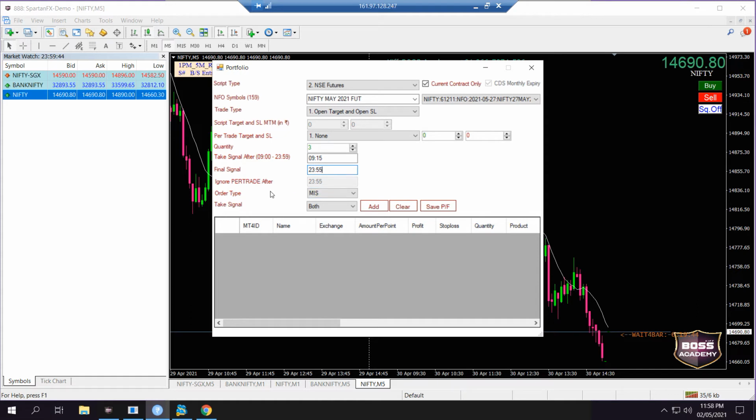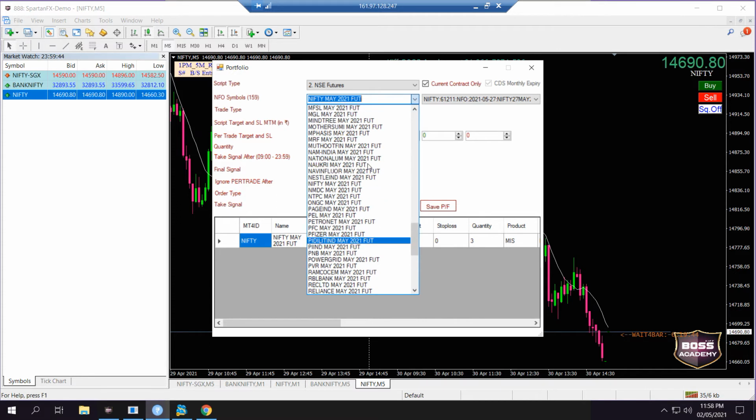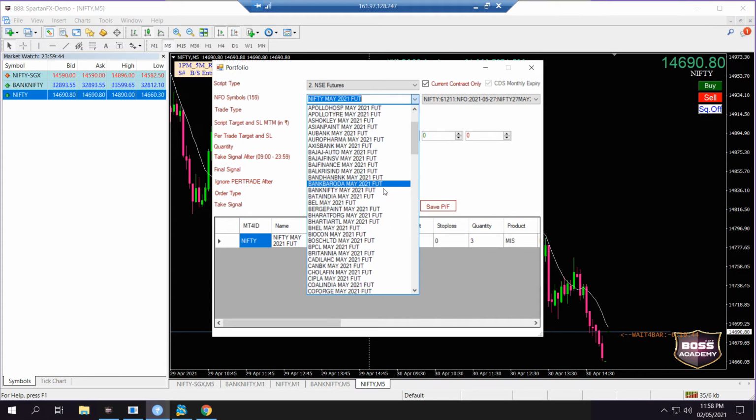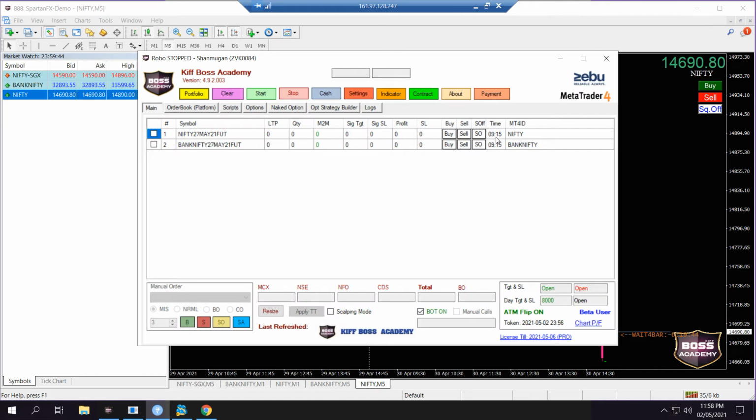Once the trade closes, the robo will close automatically. Take signal both. This is important. Then add here. Similarly, we have to add Bank Nifty, May. Just save. Now see 9:15 order platform.